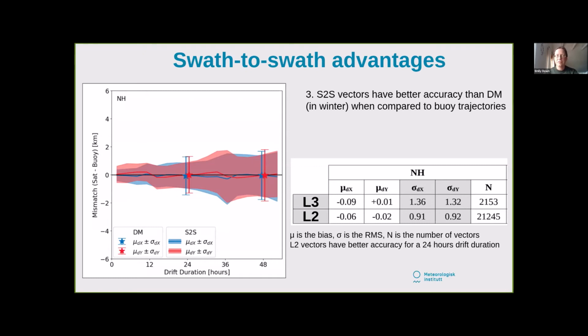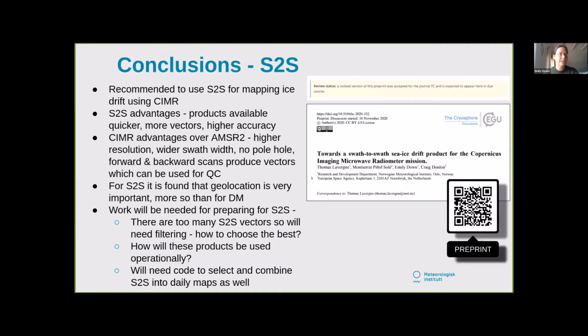And yeah, the last thing I was going to say was that actually it's not really surprising that swath-to-swath gives you better accuracy, because when you're not stacking an image to get a daily map, then you're not blurring out the motion that you're then trying to identify by cross-correlating the features in the images. So the conclusions to this are that